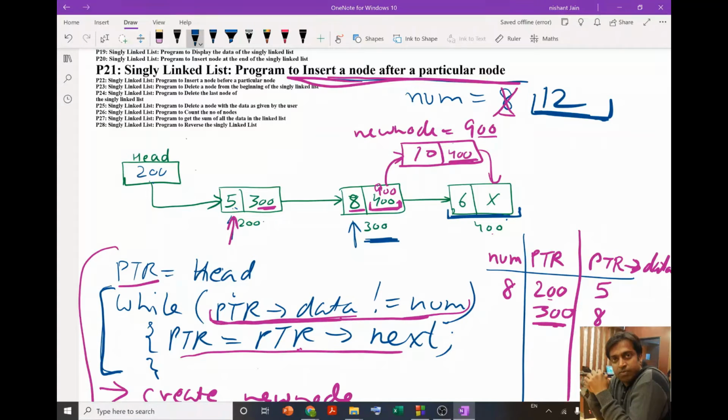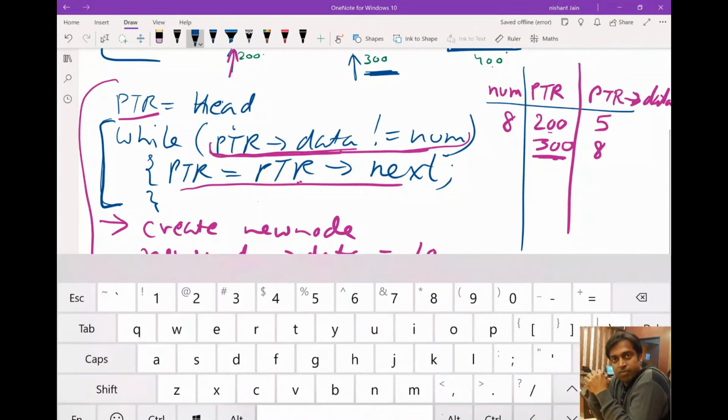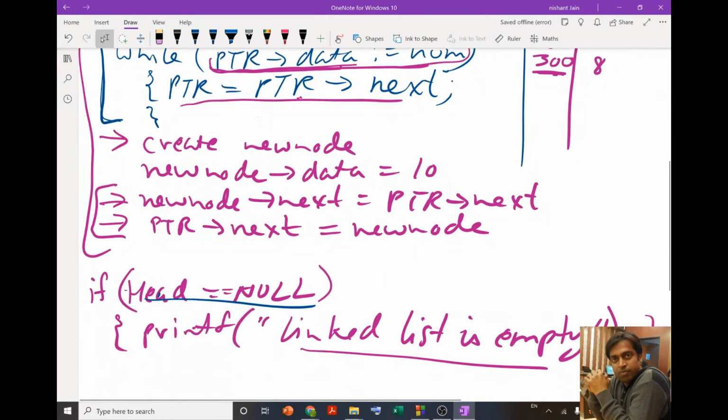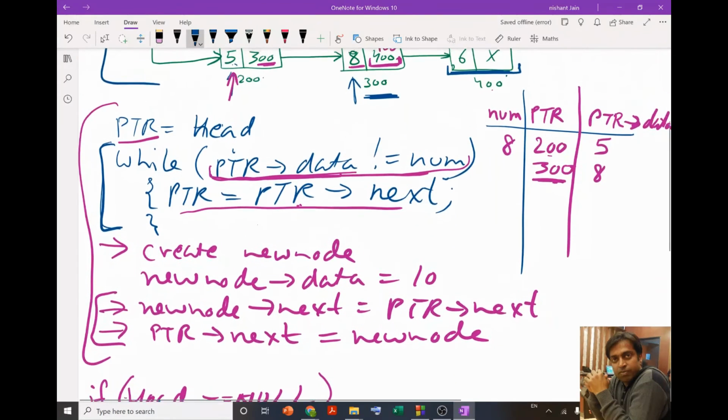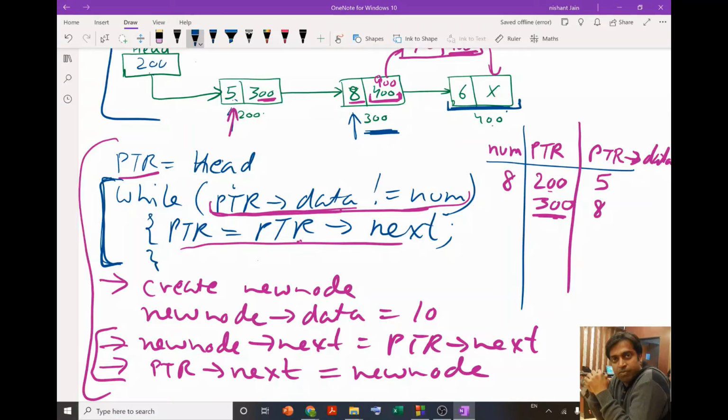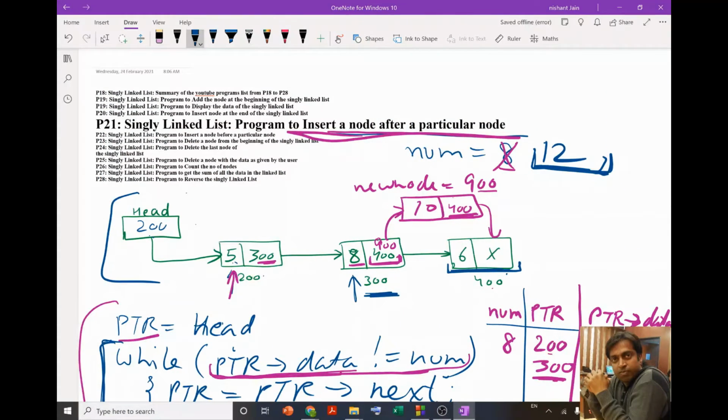Okay, so it means that while designing a program to insert a node after a particular node, first of all we should check if our linked list is empty or not. If our linked list is empty, we should declare linked list is empty. Second, we should determine the location or the node after which we want to insert a node. If we do not find a node, then we should pop up a message that there is no node with this data, and if we find the data, then we will insert a node. So let's see how we can write a program for this.